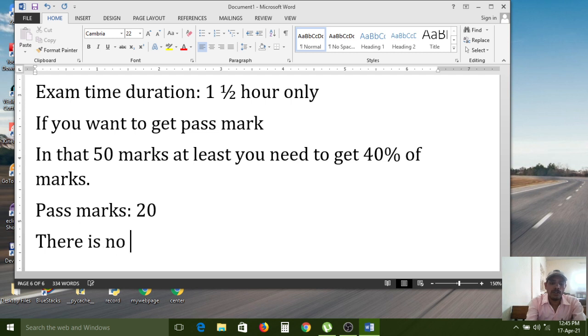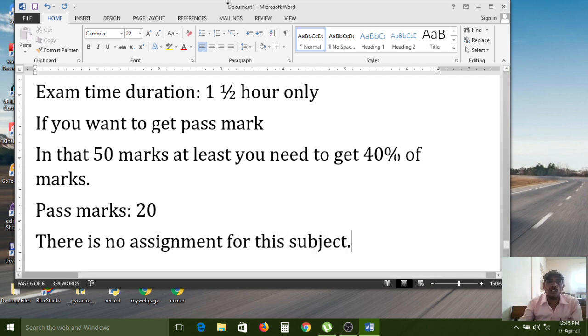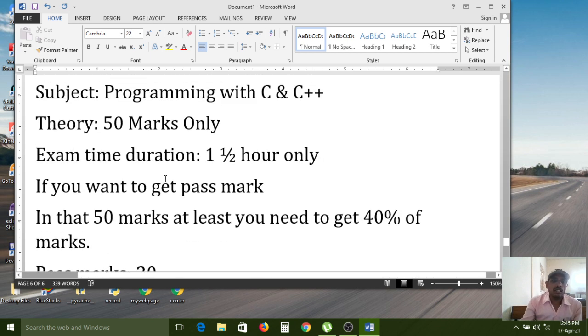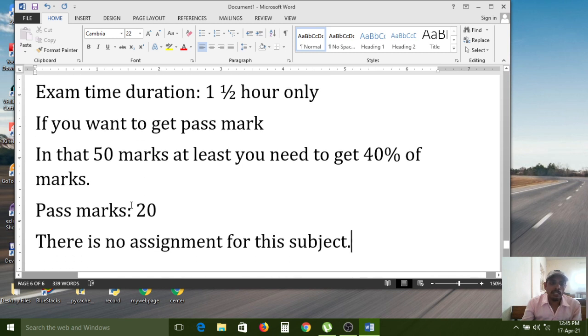There is no assignment for this subject. So for theory, you have only 50 marks. The examination duration is 1.5 hours. And in those 50 marks, to pass this subject you need at least 40%.